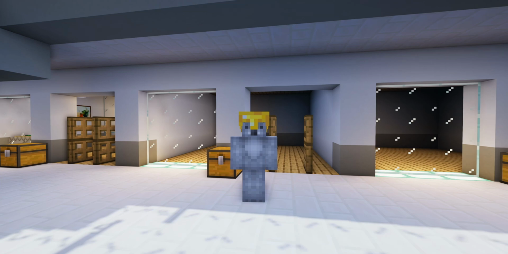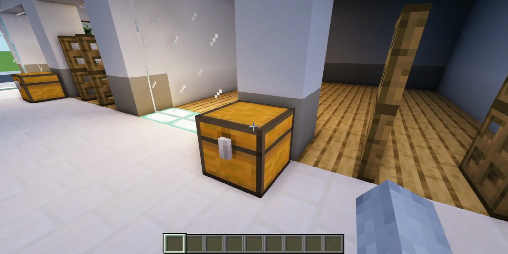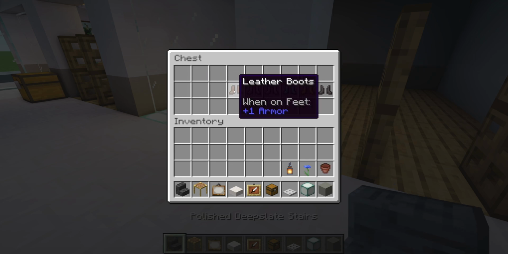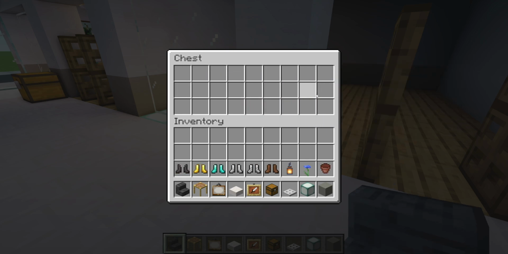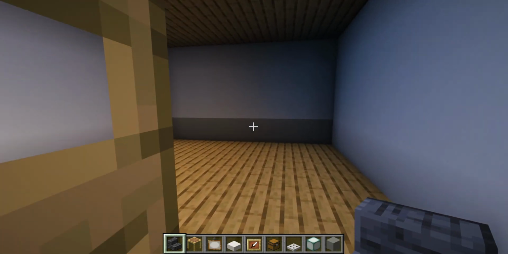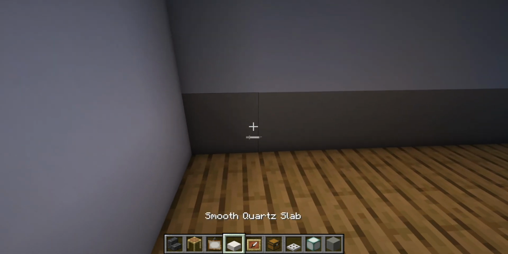This next store right here is a shoe store. So we will need all of these materials that you can see right here. Please do make sure that you have access to all of these and possibly some hidden ones that I haven't decided we need yet. Inside the shoe store, first of all, we are going to install some lighting in the